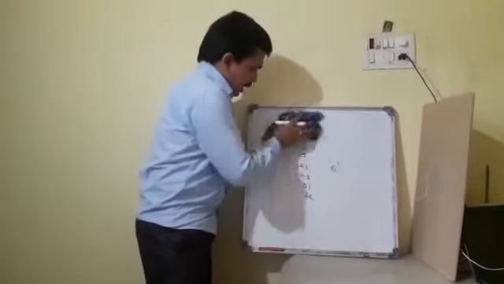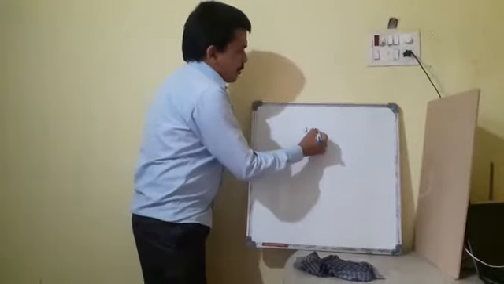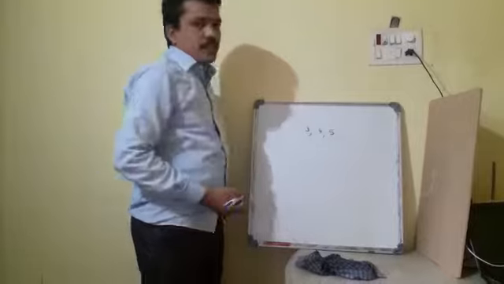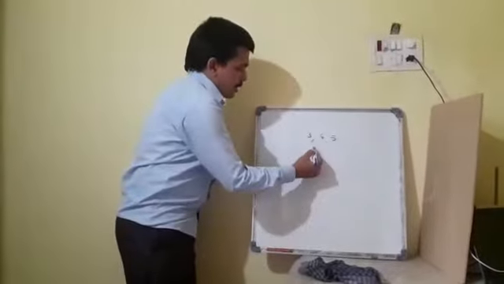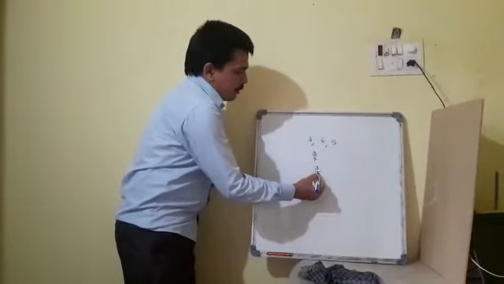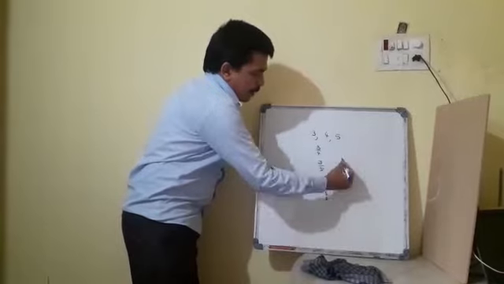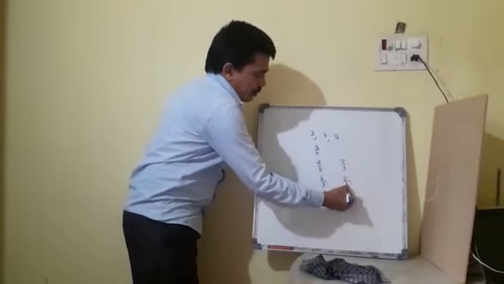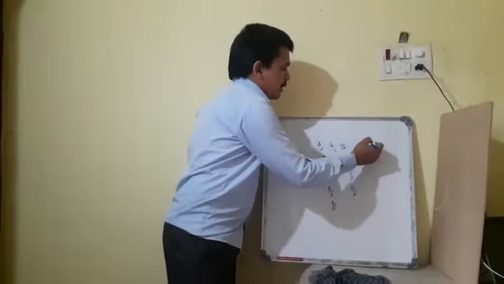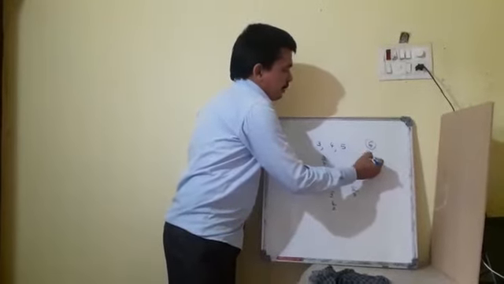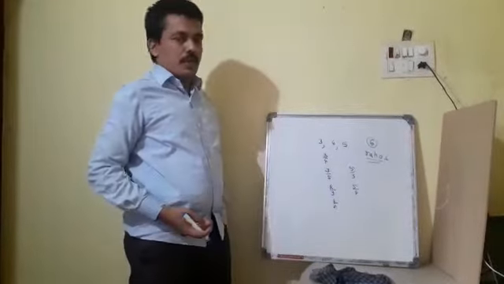Similarly, I am giving again three digits. This time I am asking how many fractions you can make. So how many fractions can we make? One is 3 by 4, 3 by 5, 4 by 3, 4 by 5, 5 by 3 and 5 by 4. I am asking this question without repeating. So how many fractions will we get? 6 fractions. I am calling them by another name: these are 6 ratios I can get. Whatever fractions I am calling, I am calling them ratios.